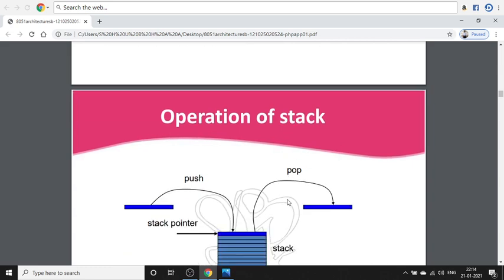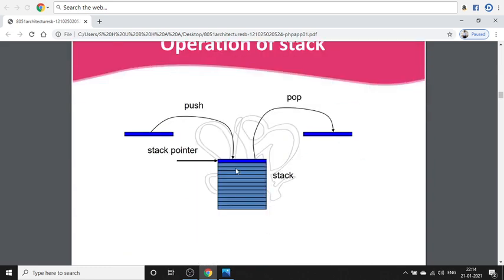So the stack operation is performed. See this one, this is a stack. Stack is nothing but an area of RAM. From this, by making use of the push and pop instructions, we can either increment the stack or decrement the stack.